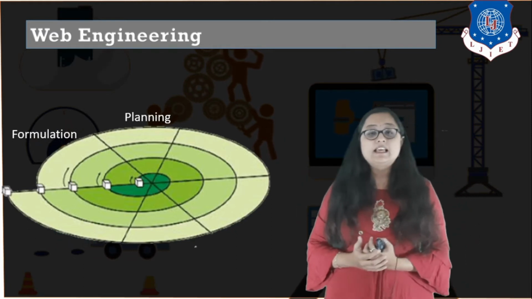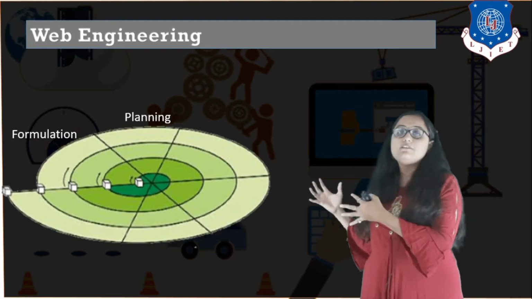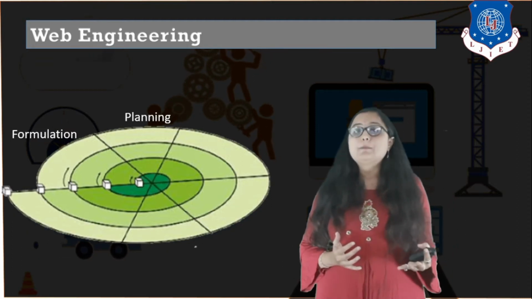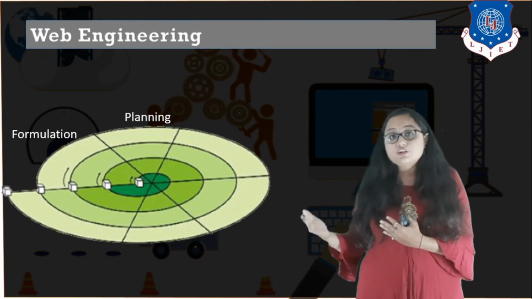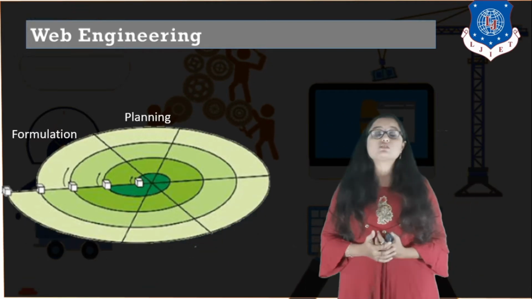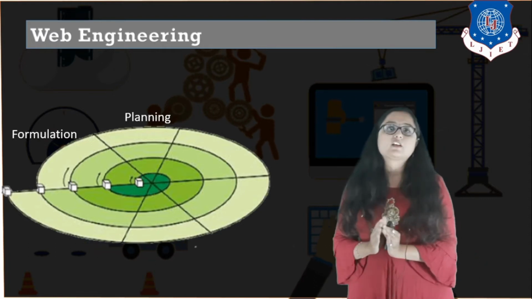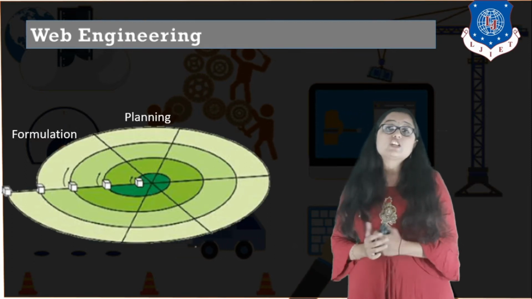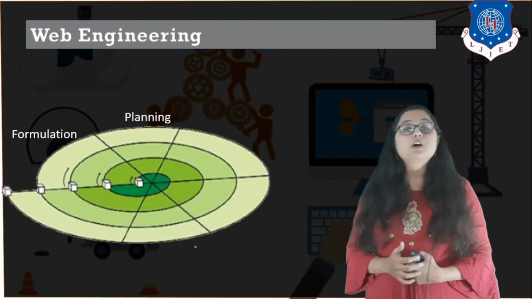The next thing that planning includes is the risk analysis. Because we are developing a web application, it is vulnerable to attack. So the main risk for developing a web application is security. We need to analyze the extent to which we will maintain security in our web application. Apart from security, there are a number of other risks that can be associated with web applications. You have to develop a risk identification table, prioritize the risks, and check which risks you will maintain or proactively perform risk analysis on.